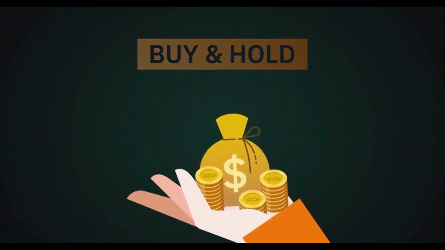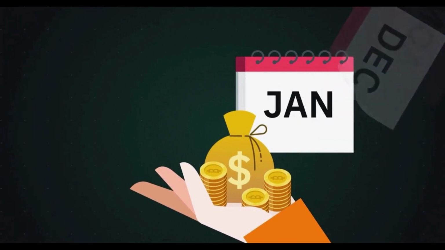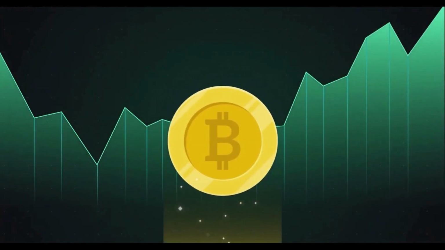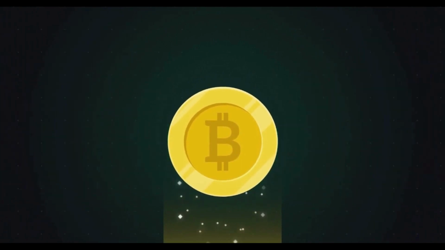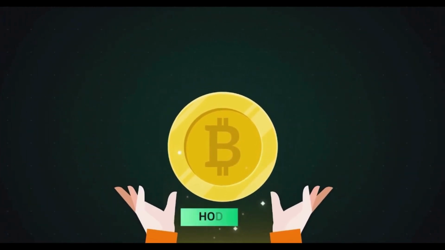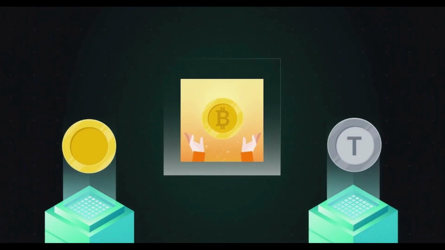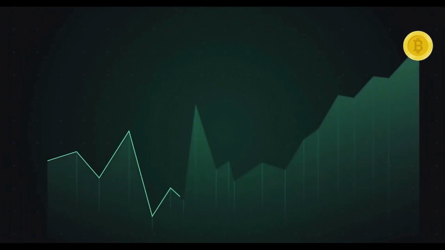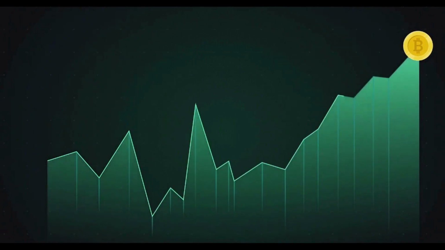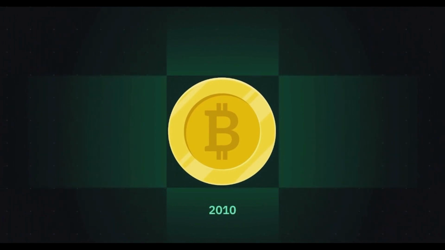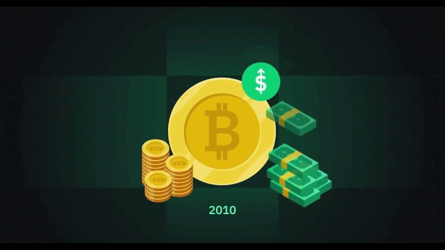It involves buying and holding an asset over a long period. It's a long-term passive play where you purchase an asset and leave it alone regardless of market conditions. This strategy is known in the cryptosphere as hodling. Investors can buy and hold a coin or token for years instead of actively trading. This is a great approach for someone that prefers to be hands-off and not worry about short-term fluctuations. If you look over the past 10 years, one of the most successful buy and hold strategies has been to purchase Bitcoin and let it accumulate value.